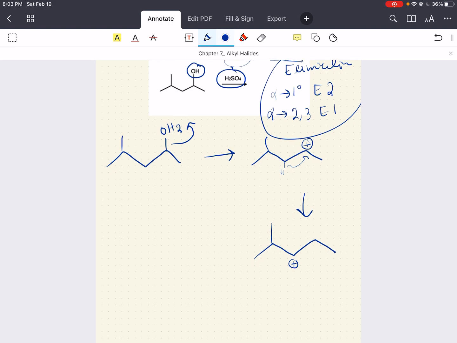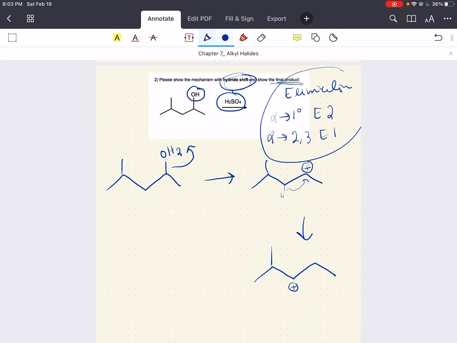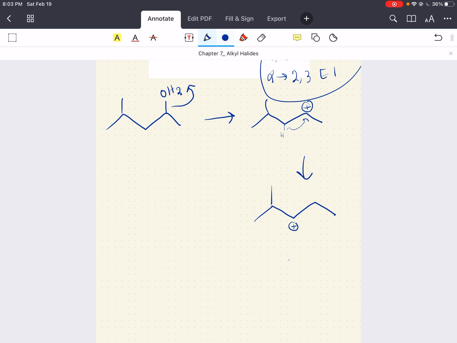We did our hydride shift. This is what they wanted, right? They said so, with a hydride shift. Cool. Now we can use our sulfuric acid that is going to come and steal this hydrogen right here,